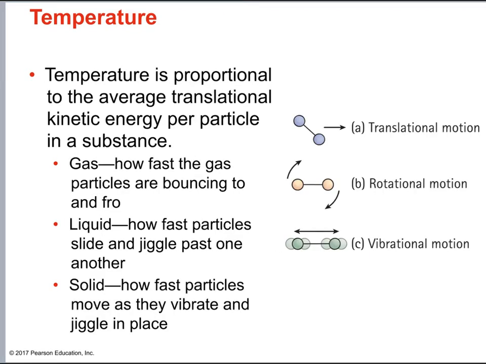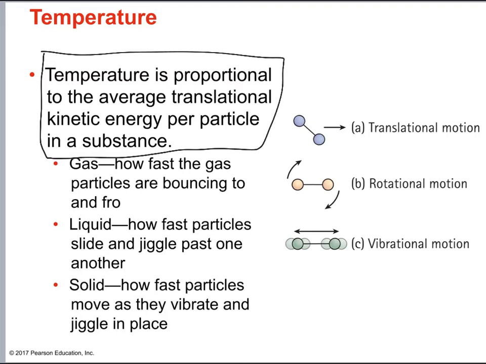So we can talk about the actual definition of temperature, and it's really right in here. Temperature is proportional to the average translational kinetic energy per particle in a substance. Well, that's a mouthful, and it's a little bit confusing, so let's break down what that means. First of all, let's remember that kinetic energy is 1/2 the mass times the speed squared, and so that's what